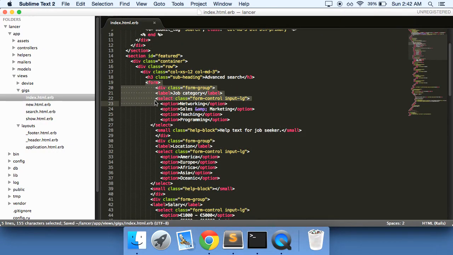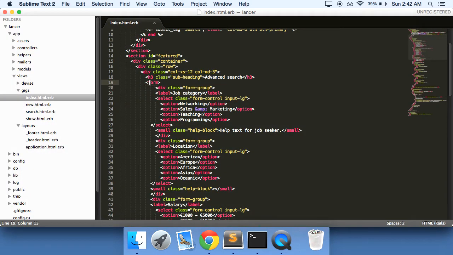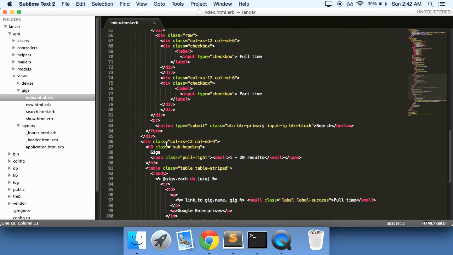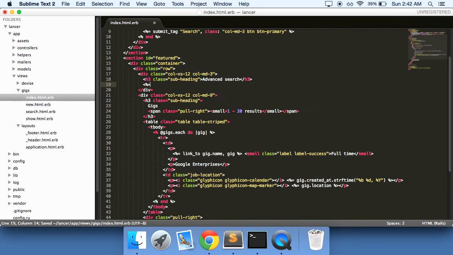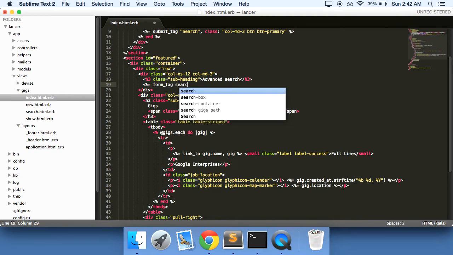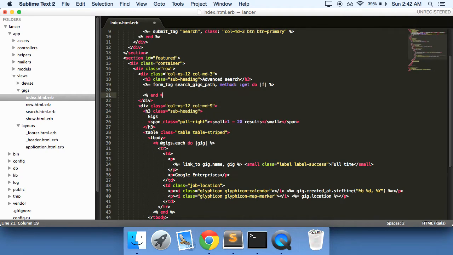Get the form here. So this is the form right here, and what we can do is just totally get rid of it. So get this and bring it all the way down here. Get rid of that form. Now we'll say form tag search gigs path. So basically what we had down below, right? And then let's say